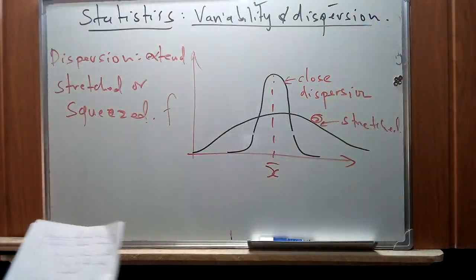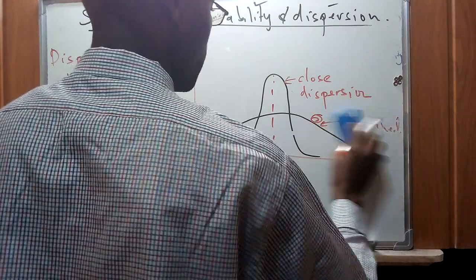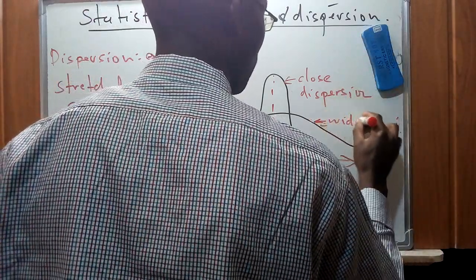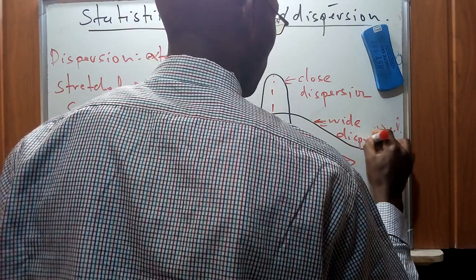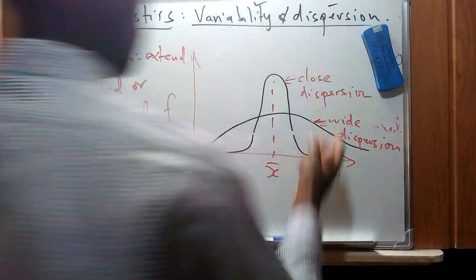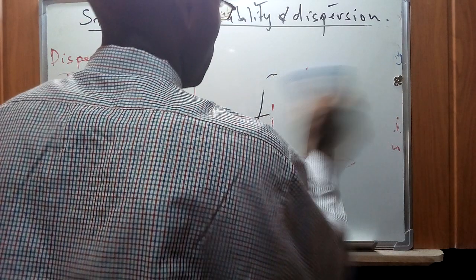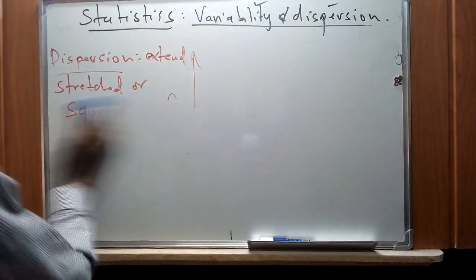while the other one is going to give us a wide dispersion. So the extent of stretching of these two particular curves gives the concept of what we call dispersion. That's the difference between the two. So therefore, if we try to